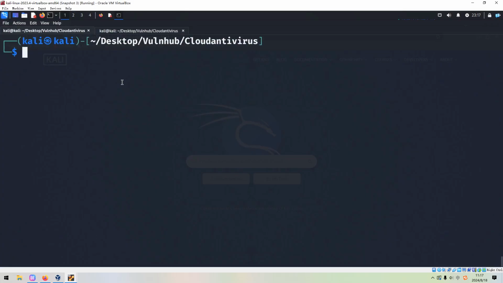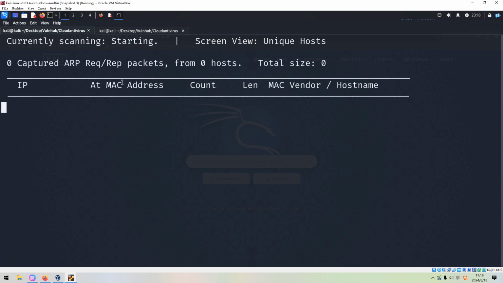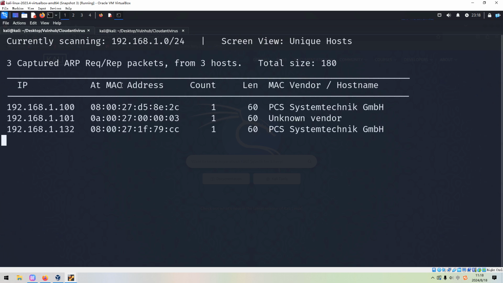First of all, we need to discover the IP address of the target. The utility I'd like to use, as always, would be netdiscover. So let's run sudo netdiscover. As you can see over here, the IP address of the target could be recognized as